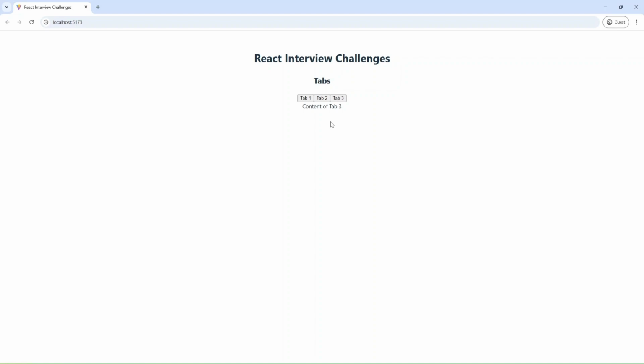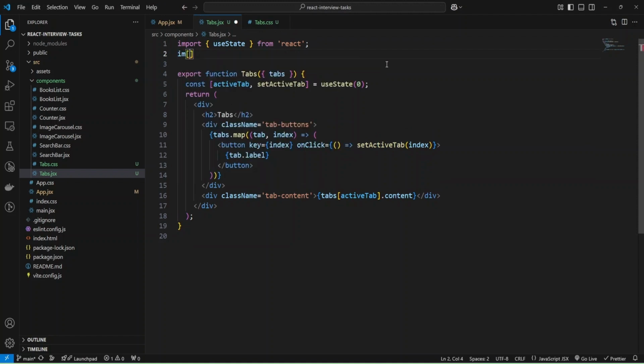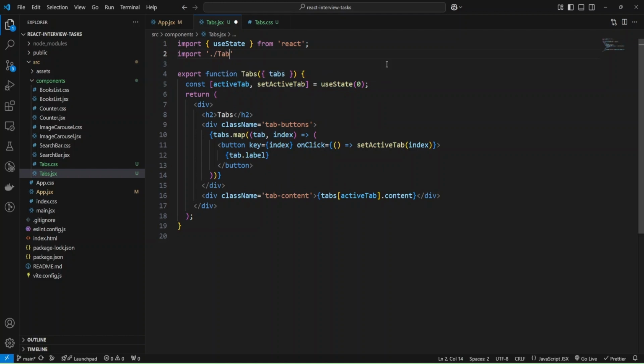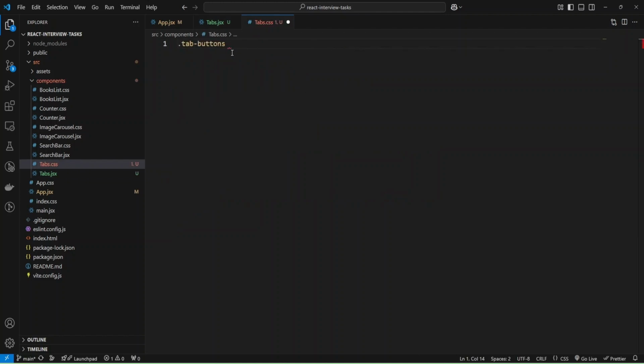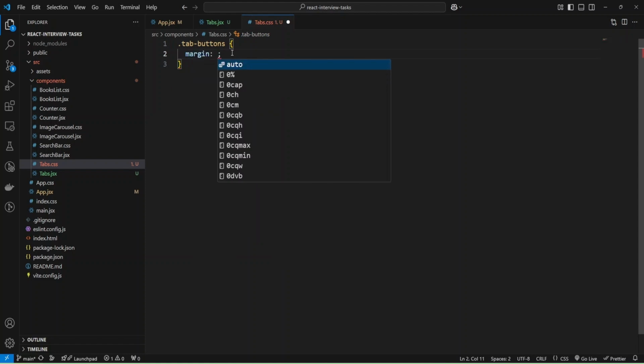but I'm going to add some styles, and for that I'm going to add import and import my tabs CSS, and let's add styles. First of all, I'm going to use class tab buttons, and for that class I'm going to add some margin like 0.5 rem for top and bottom and 0 for left right.